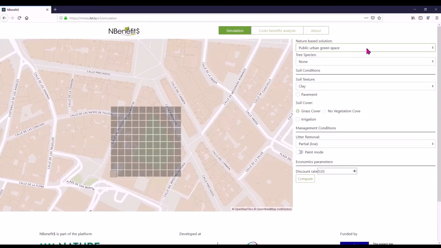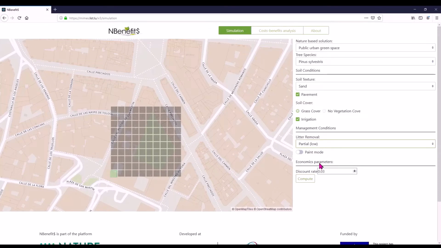Once the grid is well aligned to the reference urban space, you can select the type of nature-based solution to implement. The tree species determines the specific biotic attributes of the nature-based solution, such as a plantation of Pinus sylvestris, for example. You can then set up the abiotic and management attributes of the nature-based solution type, among which includes